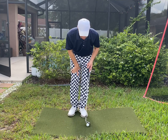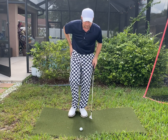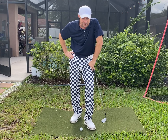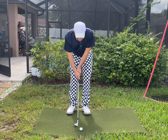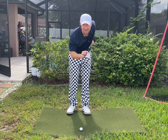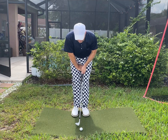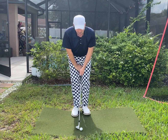Absolutely brilliant, teaches some of the best players in the world how to chip and pitch, and he has proven on TrackMan that there's a great method of going about this in allowing that lead wrist to extend and utilize the bounce on the bottom of the club. So it's almost like a sand shot. This is amazing. He's taught me how to hit an inch, even 2 inches under the ball, and instead of